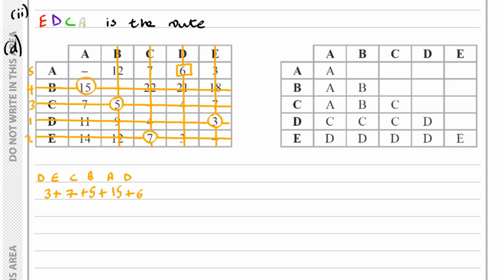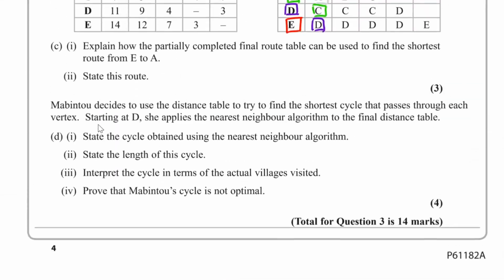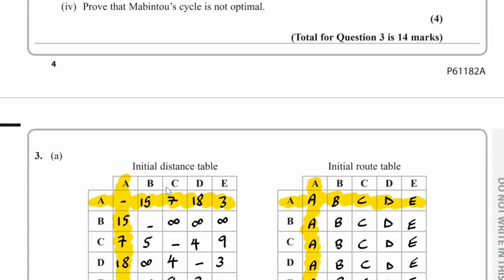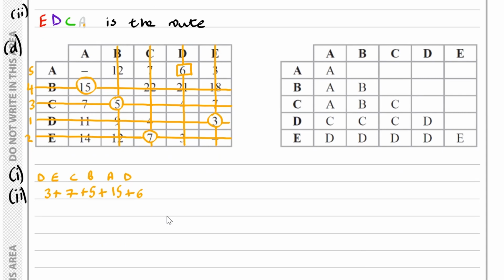Okay, so that's the first part. This is the second part where we had to, if you go back to the question, state the length of the cycle. So the length of the cycle in miles, don't forget your units, that would be 36 miles. And we don't know if this 36 is optimum or not. Okay, and perhaps if we show that we've finished by deleting all of A as well, just for completeness,